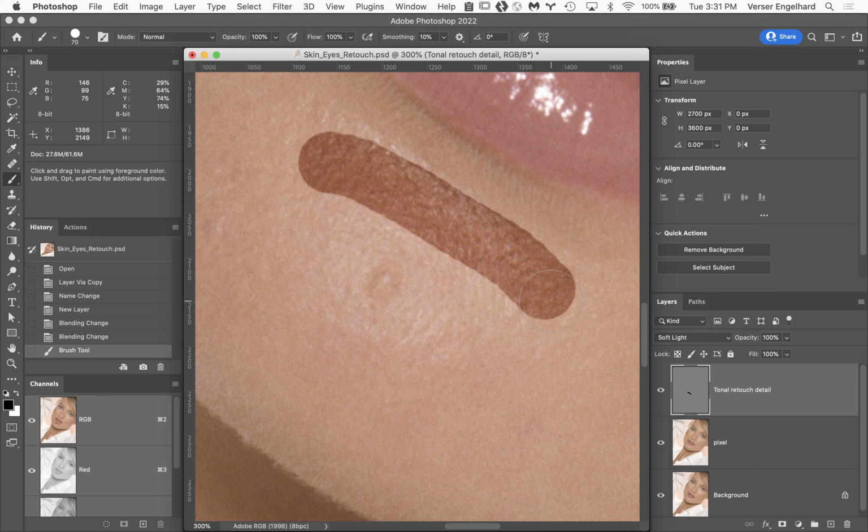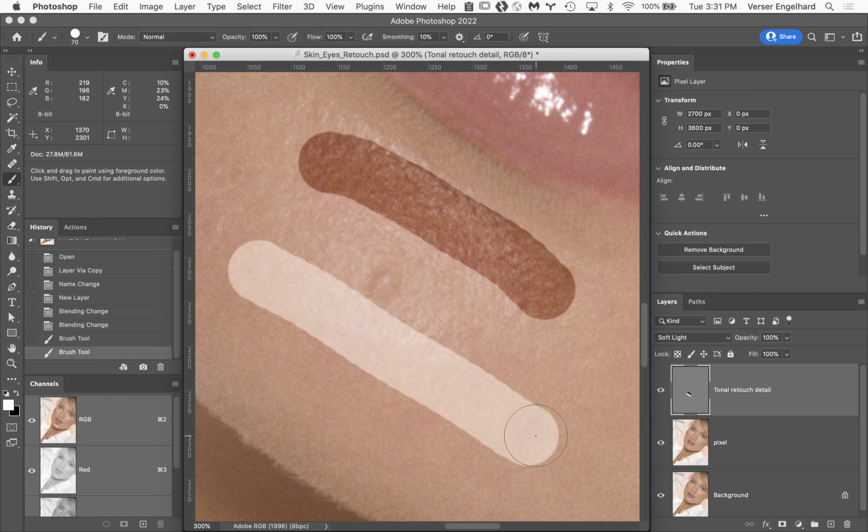Hit the X key to make white your foreground color and do another line someplace else, and you can see that it's made your image lighter. A lot of people do dodging and burning this way. However, one thing to keep in mind as you look at this is it's not only made your image darker, but if we look at either one of these,